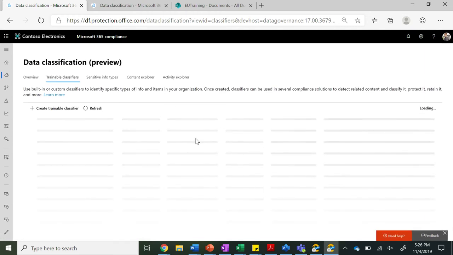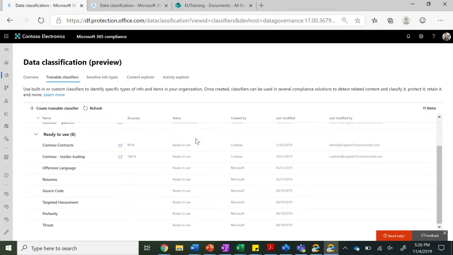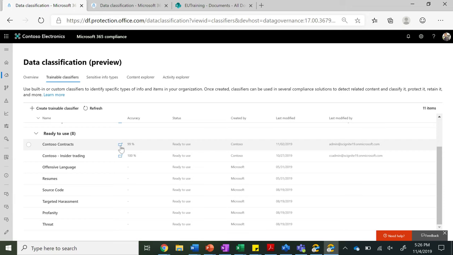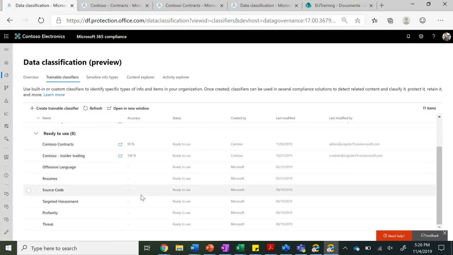So Kathy, are there two types of classifiers that you have in the system? Is it out of the box? Yeah, there are. So the two types, one second, I'll just open these in a new tab so they'll be ready to look at. But the two types of classifiers that we have here for machine learning are ones that you can build yourself, and there's also ones that we've already created at the data science team at Microsoft. Those are for things such as resumes, which you mentioned earlier, source code, and offensive language. And you can start using those to detect and protect whatever documents you need to without any seeding or training